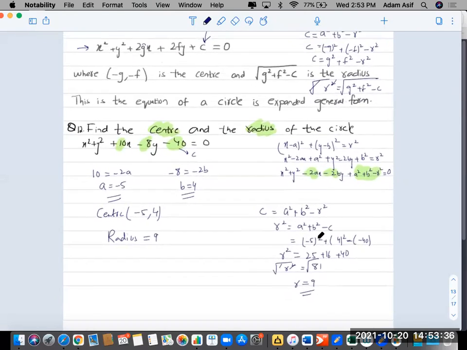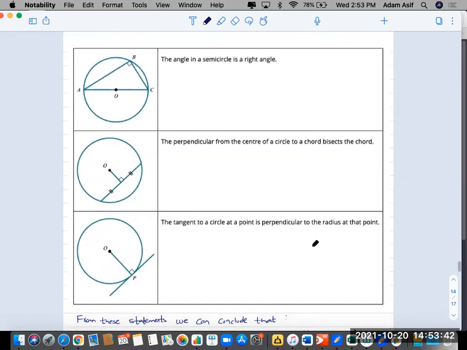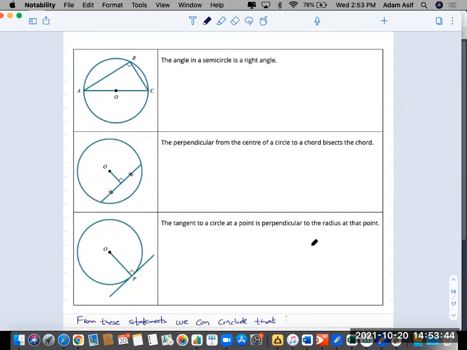कहाँ तक note down कर लिया? हो गया? ओके, जिस हिसाब से बातें हो रही हैं उस हिसाब से मुझे लग रहा है कि सबने कर लिया। ठीक है। Anyway, so these are the three properties that in a circle we are mostly going to use. The first property is that the angle in the semicircle is always a right angle. The second property is that the perpendicular from the center of a circle to a chord bisects the chord.